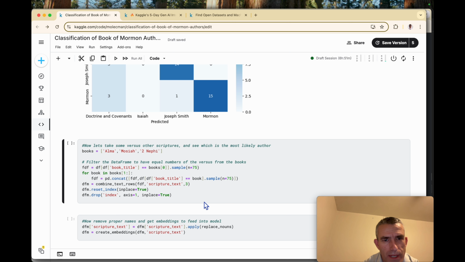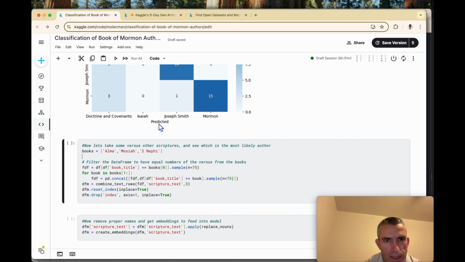So now we're going to take that model and apply it to things it hasn't seen yet. Scriptures from Alma and Mosiah and 2nd Nephi. 2nd Nephi is one where, like I say, significant quoting from Isaiah occurred.